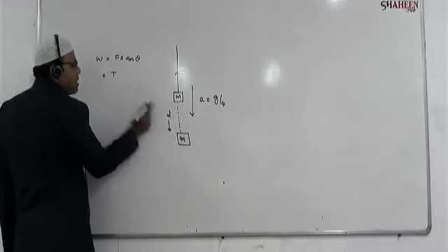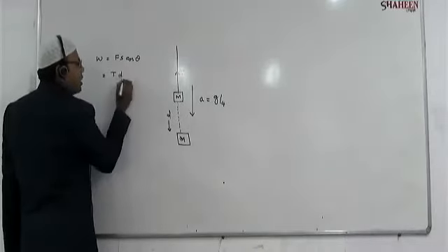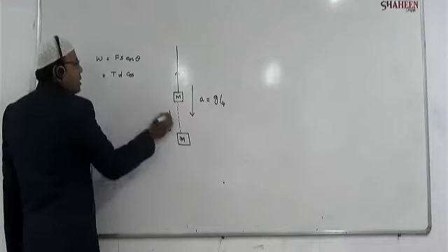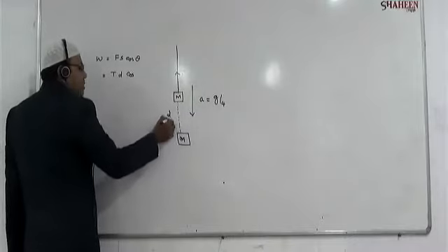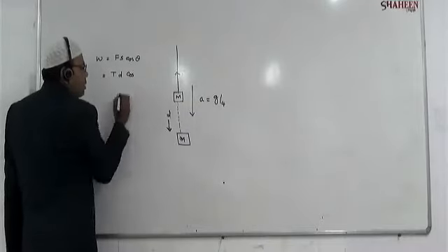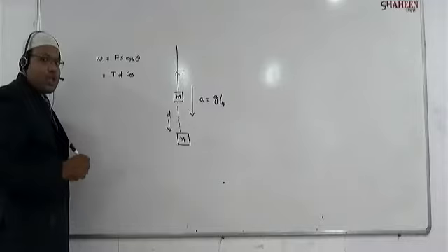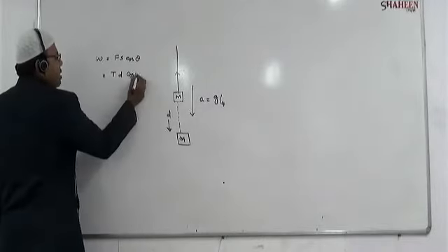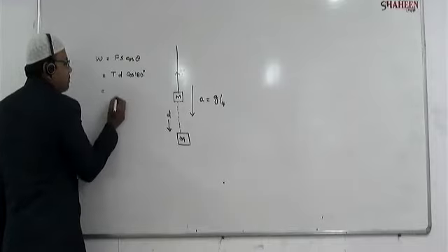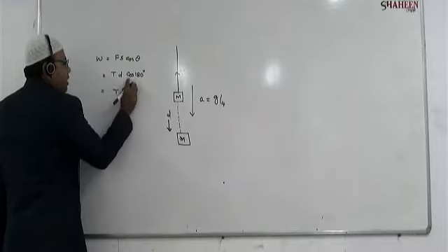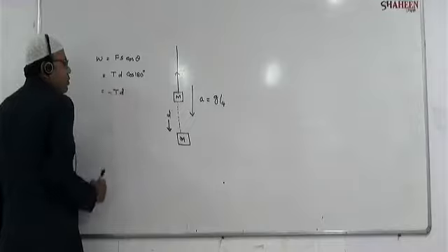S, what is S बेटा? यहाँ पे डिस्प्लेसमेंट कितना है? यहाँ पे d है. And cos, देखिए the tension is ऊपर, टेंशन कहाँ है? ऊपर है, and the displacement is down. So therefore 180 degrees. Always tension acts away from the body. So therefore I take 180 degrees. तो ये बन रहा है मेरे पास what? This is T, d. And cos 180 it is -1. So therefore I will write minus.